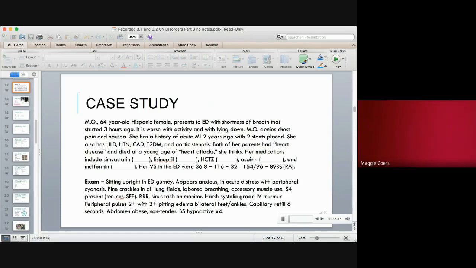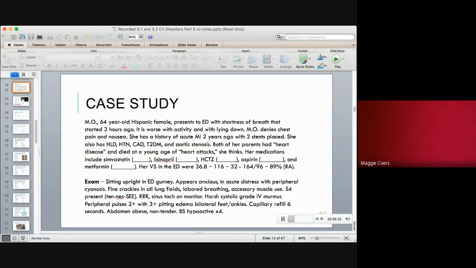MO is a 64-year-old Hispanic female who presents to the emergency department with shortness of breath that started about 3 hours ago. It's worse with activity and with lying down. She denies chest pain and nausea. She has a history of acute MI 2 years ago and had 2 stents placed. She also has HLD, hypertension, coronary artery disease, T2 diabetes, and aortic stenosis. Both of her parents had heart disease and died at a young age of heart attack, she thinks. Her medications include simvastatin at a regular dose, lisinopril at a regular dose,